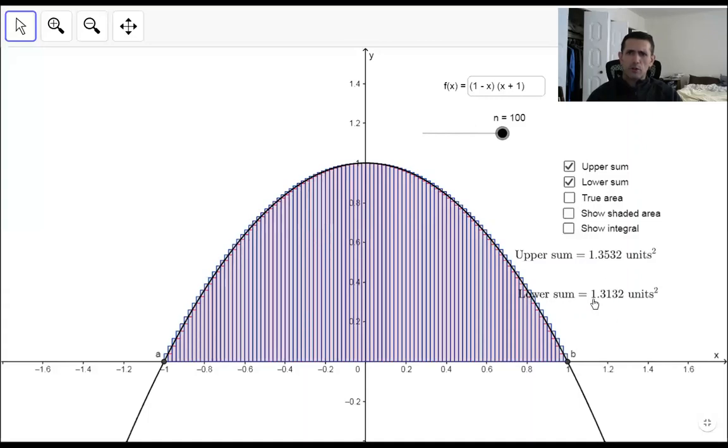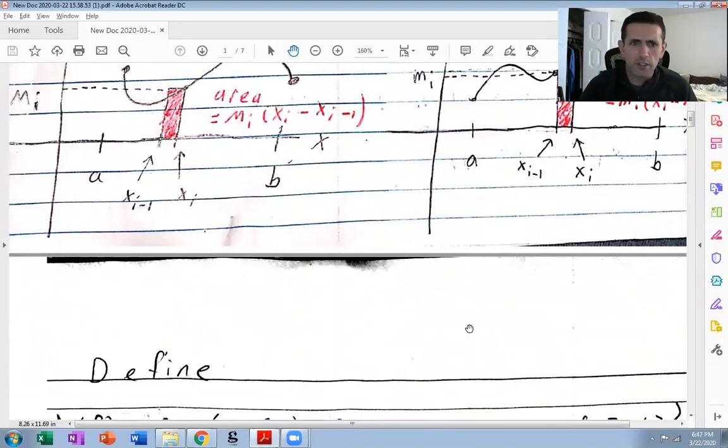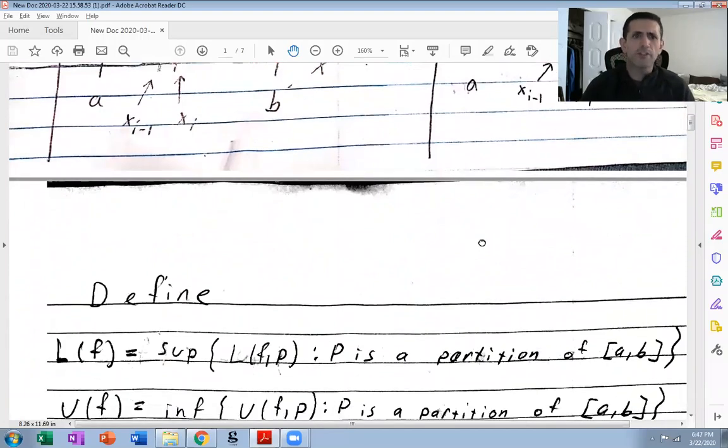The lower Riemann sum is 1.3132 here. The upper Riemann sum is 1.3532. And they don't differ too much from the actual area under the curve, 1.3333. So this motivates the following definition. I'm going to define the